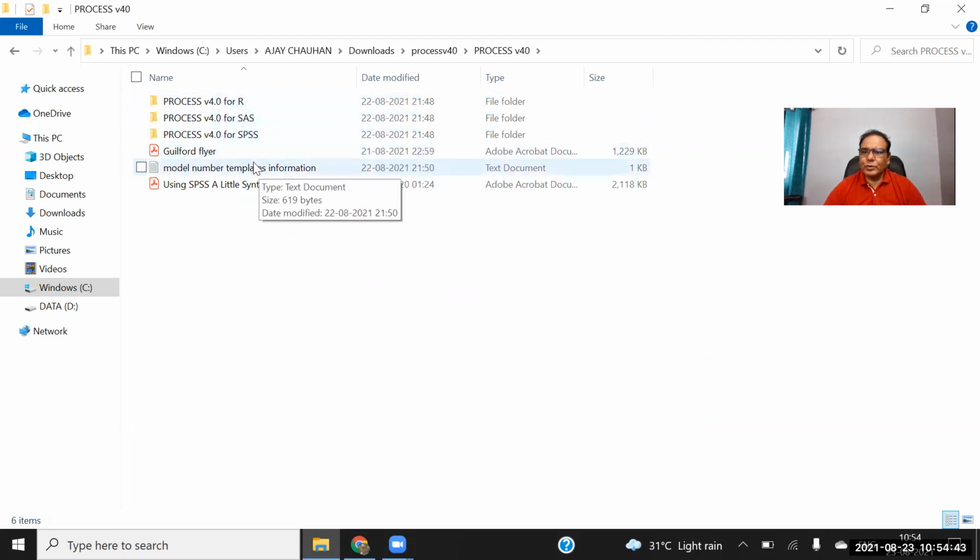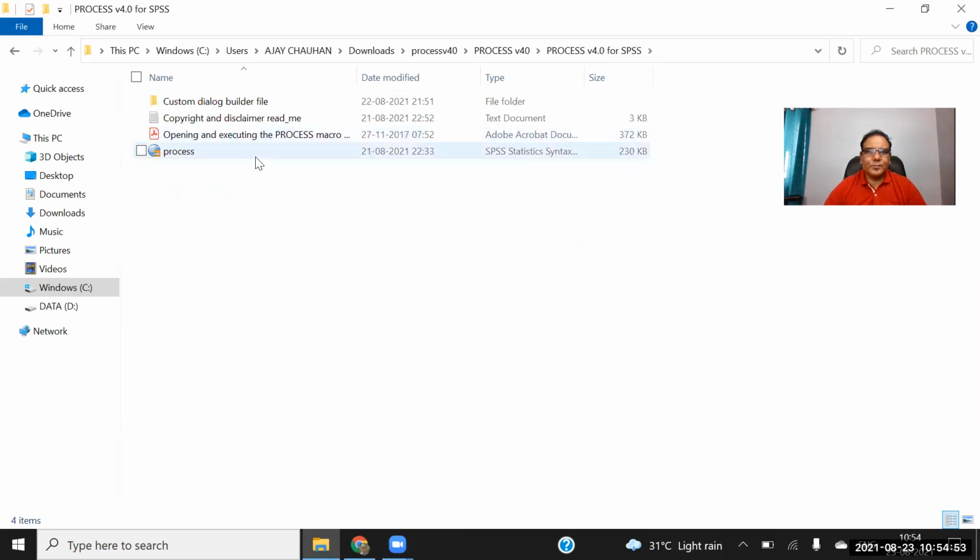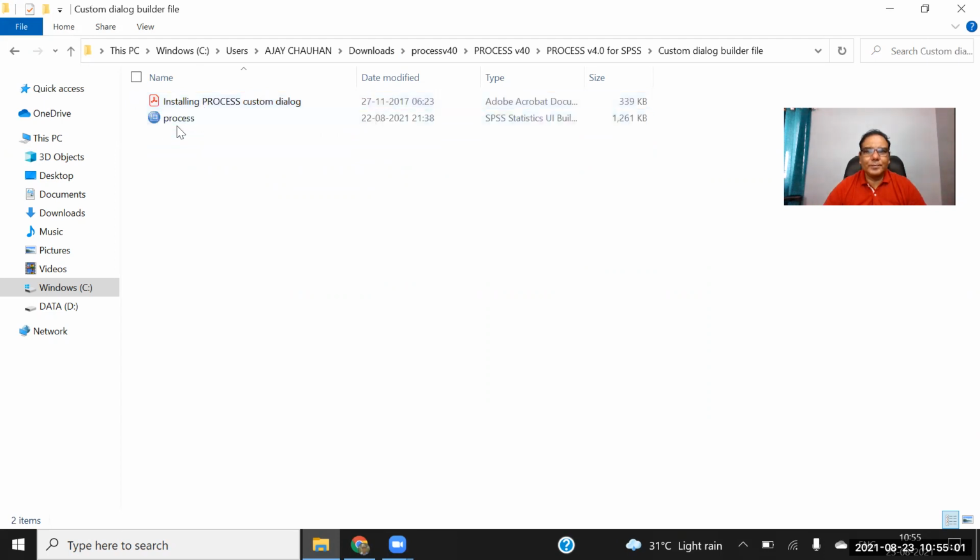But because we are going to use the process macro in SPSS, I will go for this process version 4 for SPSS. Double click on this, and the most important file which we are going to use is process.